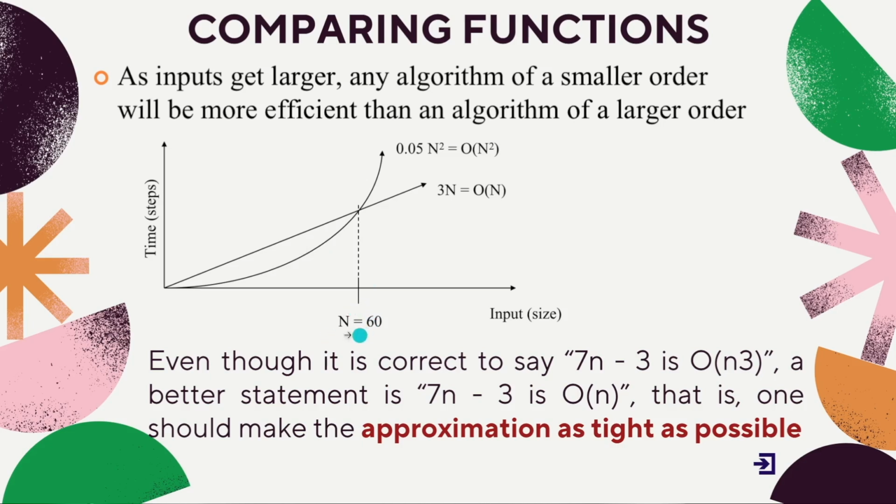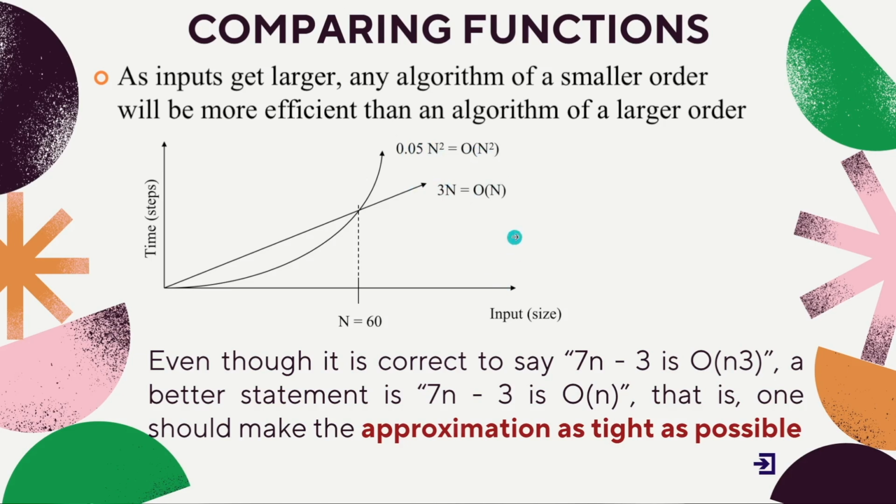At one particular instance, say n equal to 60, which is the size of the input, we have seen that there is one algorithm which has resulted in a complexity of f of n equal to 3n, and there is another algorithm which has resulted in a complexity of f of n being 0.05 n square. So, we say that this algorithm's complexity is order of n and the other algorithm's complexity is order of n square by just ignoring its